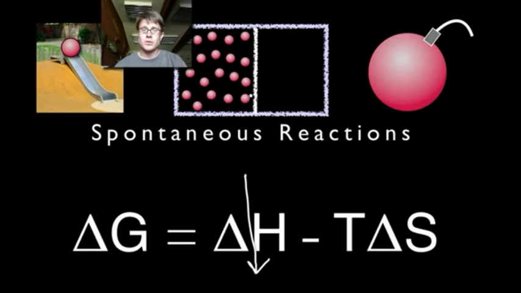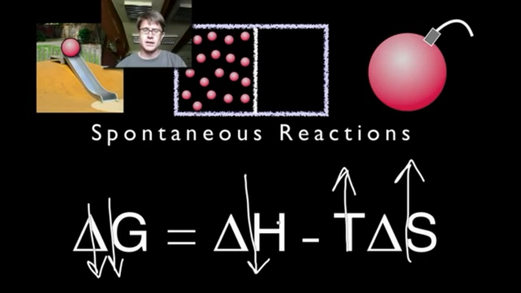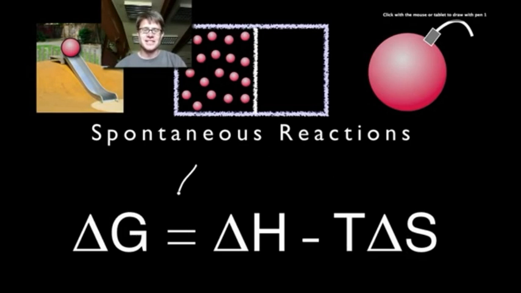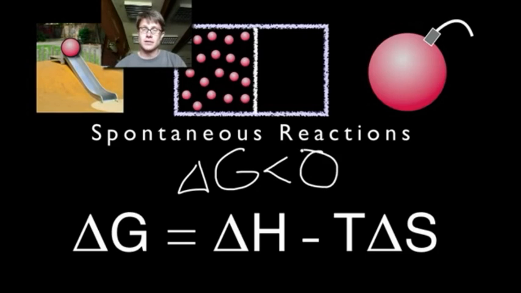What happened here when we increase the entropy of the system, or increase the delta S? Well, if we increase the delta S, that should also decrease the Gibbs free energy. So now we have two things decreasing that. And what happened here? Well, if we increase the temperature, that made it more spontaneous. So if we increase that, we also decrease the Gibbs free energy. So what's the moral of the story? Moral of the story is that if the delta G ever decreases, or if it's ever less than 0, that's